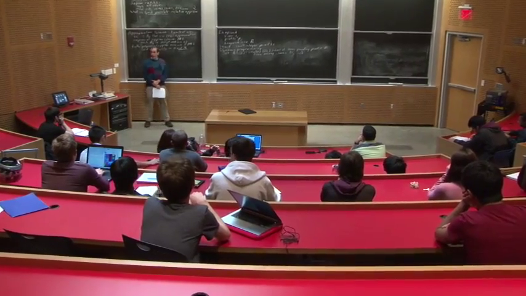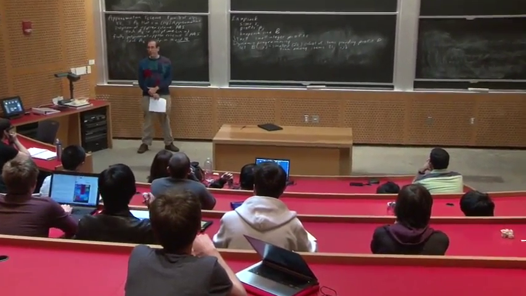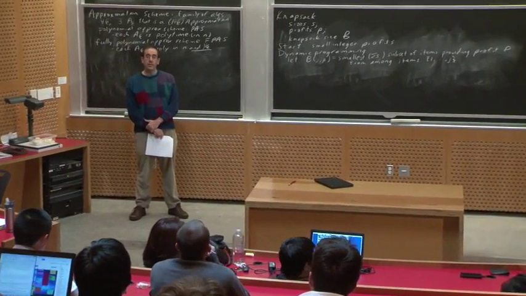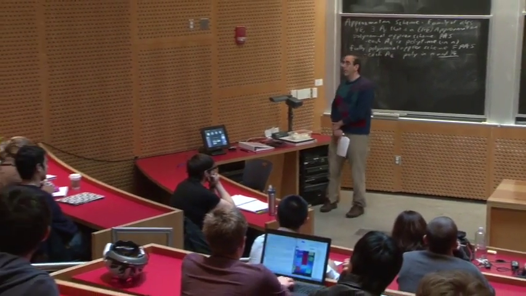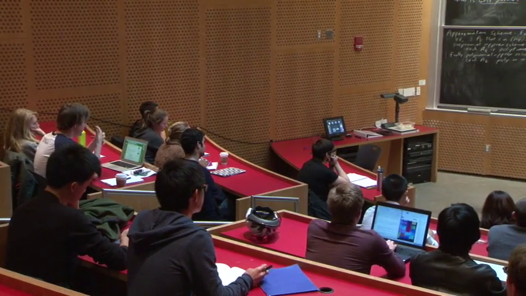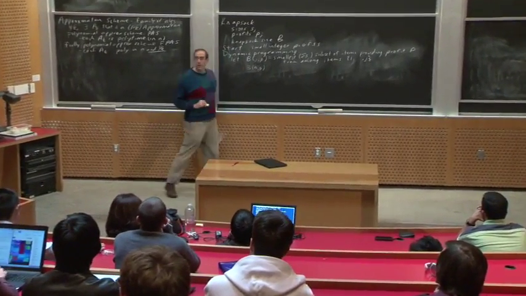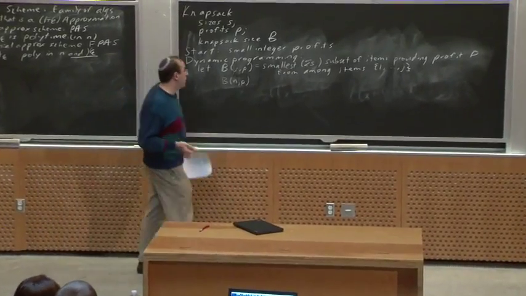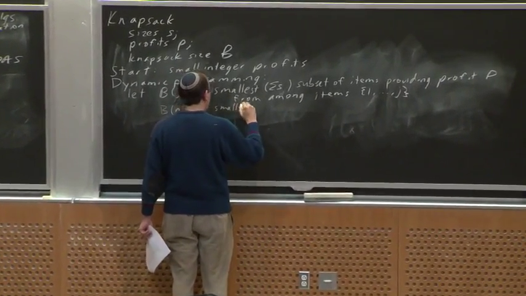Have people seen dynamic programs before? Sorry, that was kind of a silly question. I guess you must have at some point. Right? Yes? You look at when you include all the items and then just see when you can have a subset, like when the smallest subset is equal to the number of items. Good. Right. So B of n,P in particular is equal to the smallest subset of everything